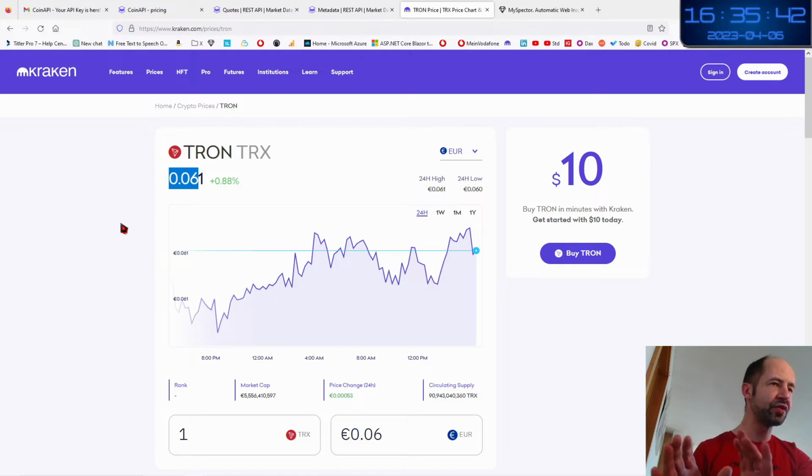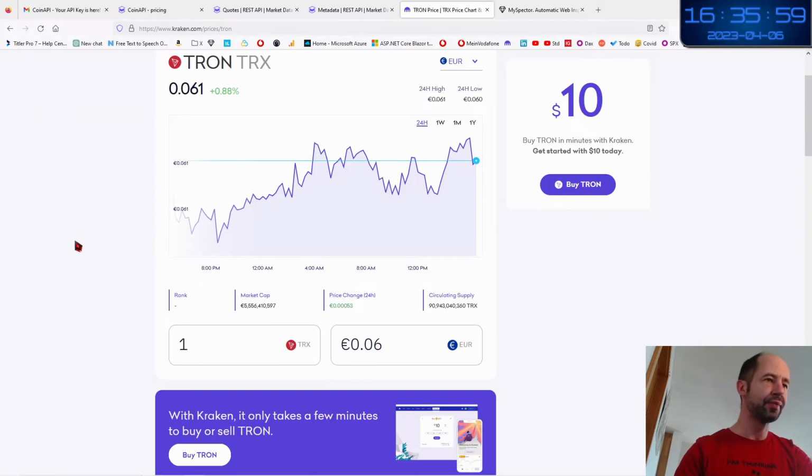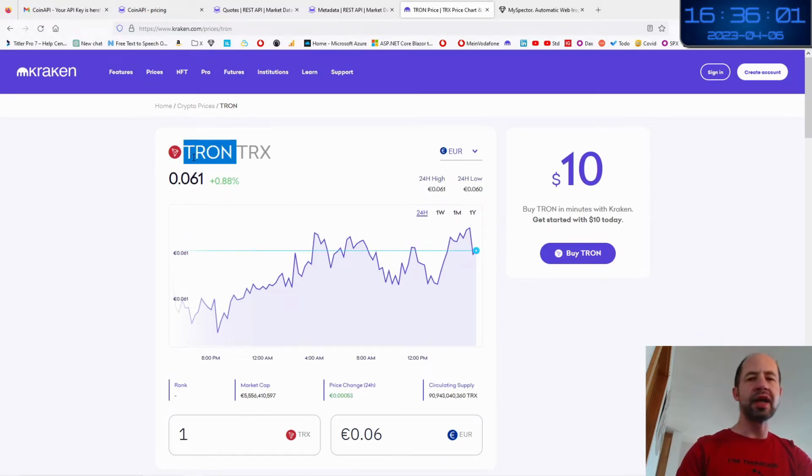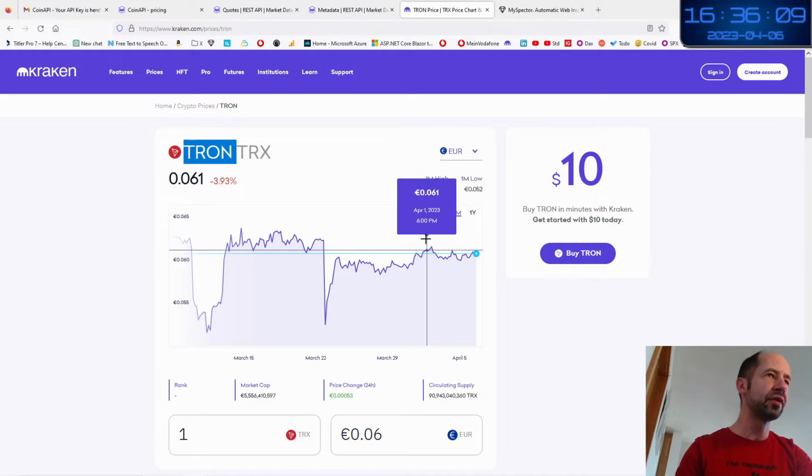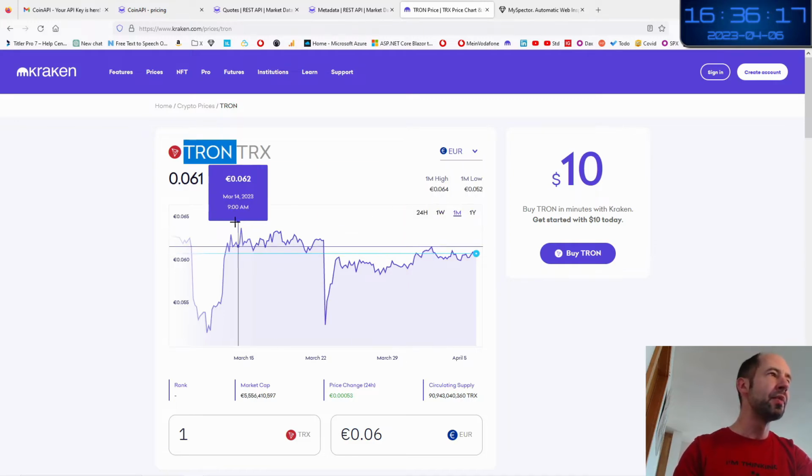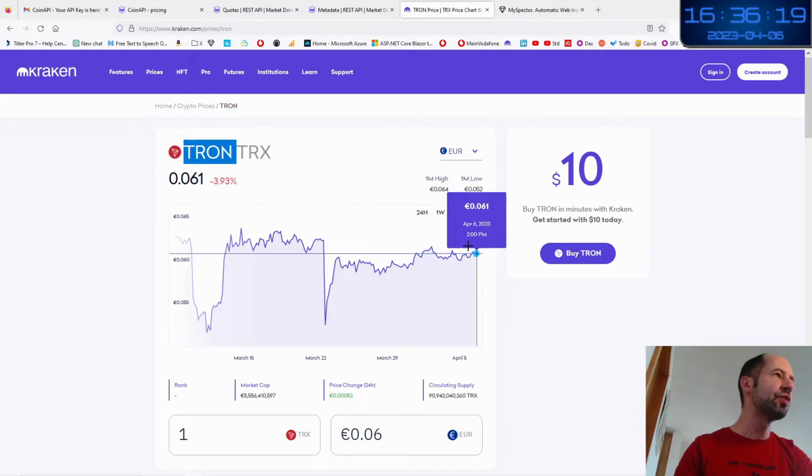So the goal of this presentation is more to see the technical tools than making a financial advisement. So the goal is more a technical focus on which tool to use to do whatever you want. There is no investment advice here. So I have a Tron and I want to monitor the price to receive an email. Let's say, for example, let's look at the price chart with some margin. Let's say I want to obtain a notification when the price will reach 0.07.